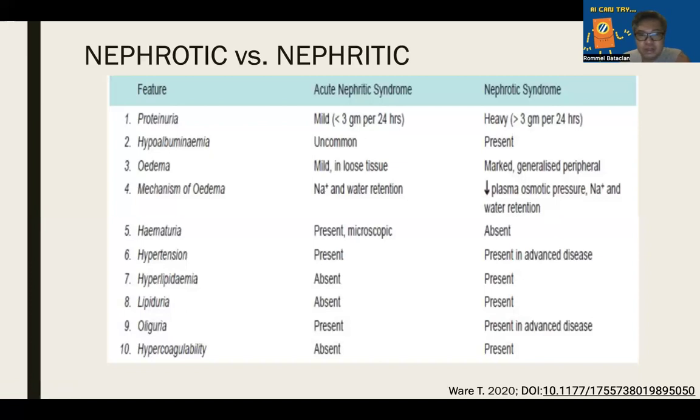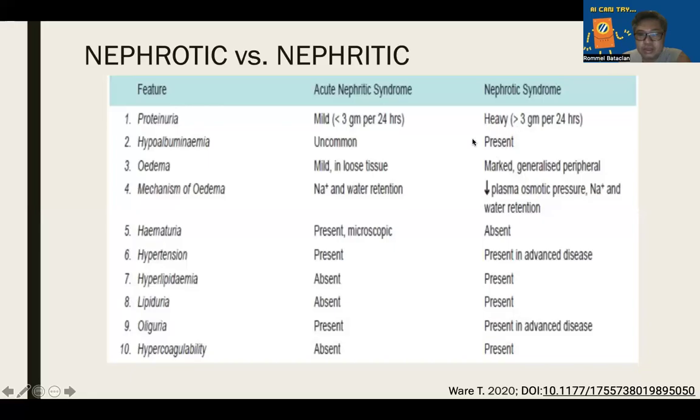What's more common in nephritic syndrome is hematuria. Because of the inflammation, because of its pathogenic process, there is a release of red blood cells in the urine. Most of the time, it's a microscopic hematuria, not a gross macroscopic hematuria. The inflammation could also affect the regulation of the blood pressure, leading to hypertension. While nephrotic syndrome can also present with hypertension, usually those are already in the severe spectrum of nephrotic syndrome.